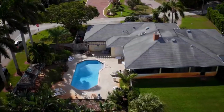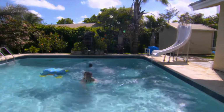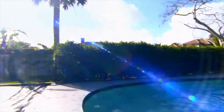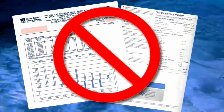You buy a home with a pool, or maybe build your own pool thinking about how much fun you and your family will have. But too often those dreams evaporate when you get your first heating bill. Using free heat from the sun, your SunHeater solar heating system pays for itself in a season or two. Use it to reduce the workload on your existing pool heater and lower your monthly heating bill or eliminate it